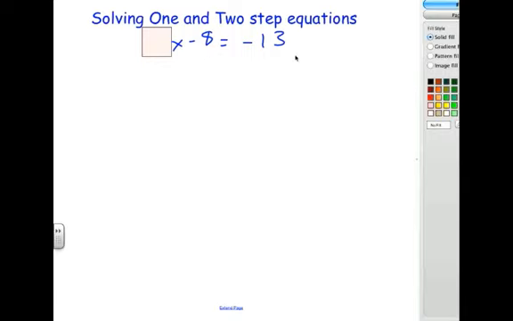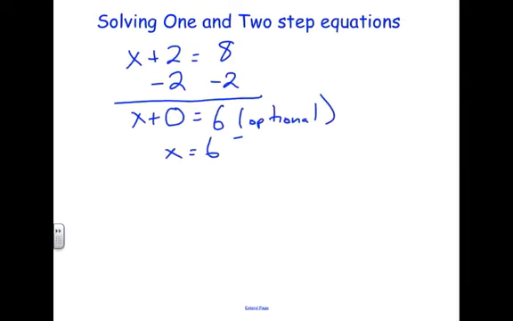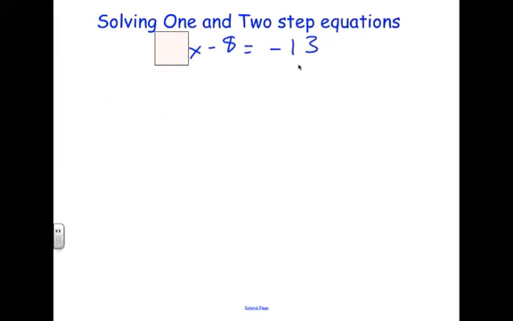I'm just pretending. That way it looks just like the problem we did before, just like this one up here, x plus 2 equals 8. So we know how to do that one. So it's just x minus 8 equals negative 13. You want to get rid of the negative 8, so you have to do the opposite of that number. We have to add 8 to both sides. And so this comes down, this is our x, this is plus 0, equals, because that equals sign comes down,